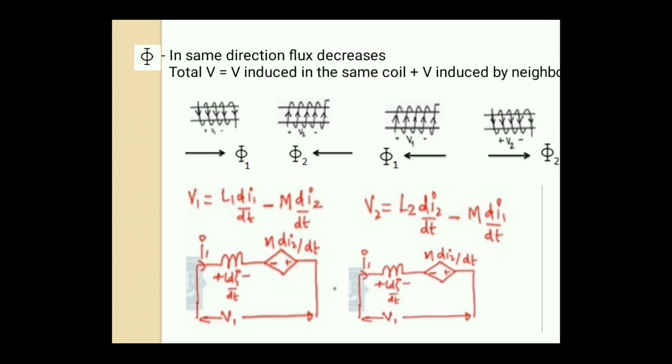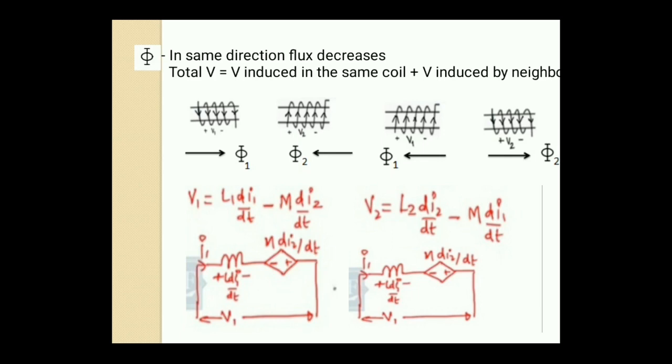In coil 1, the flux travels from left to right as shown in the figure, but in coil 2, the flux travels from right to left. So the fluxes travel in opposite directions, which means the flux produced by coil 2 opposes the flux produced in coil 1. Similarly, the flux produced by coil 1 opposes the flux produced in coil 2. So the total flux is reduced. The overall net voltage is also reduced because of the different directions of flux.